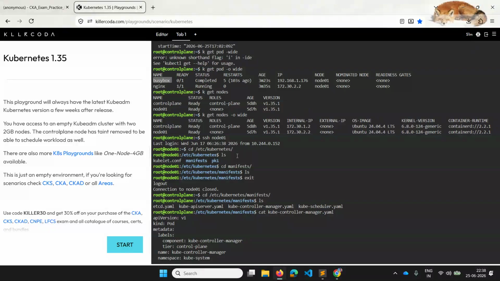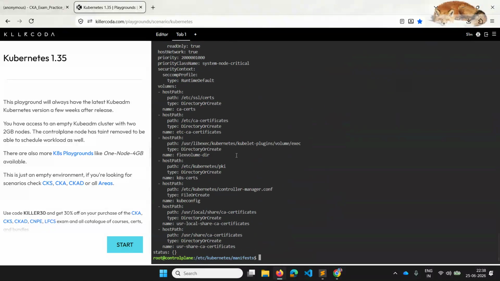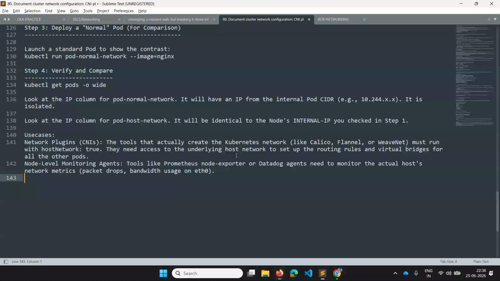So you might be thinking, since we have security issues, why should we use host network as true? In which cases can we use it? In some cases, like CNIs, container network interfaces, they should have host network as true because they have to access certain routing rules and create the virtual bridges to all the pods. It must run as true so that it can access other levels of things it needs to perform its actions.